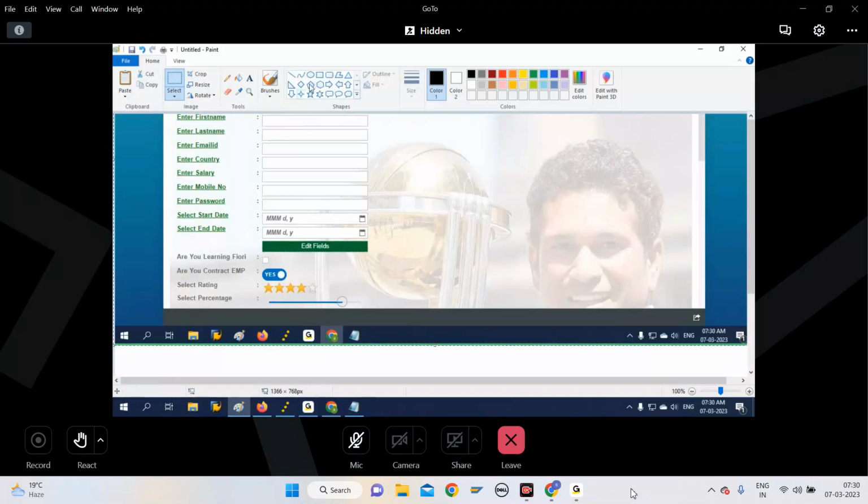What I want to do is for these things: first name field, last name field, email ID, country, salary, mobile number, password field, start date, end date. For all these things, I want to use something like live change event and image screen element beside that, and text screen element beside image. So that means what I'm expecting is for all these input fields,